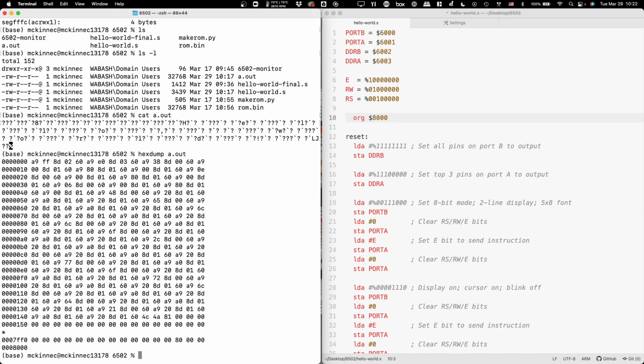The 65C02 and later versions of it corrected this, so that any of the illegal opcodes are just treated as no ops. So you can't pull that game on this guy. If you use an illegal instruction, it's just ignored. It's treated as a no op. Okay, fine. All right, so now for the rest of these instructions,